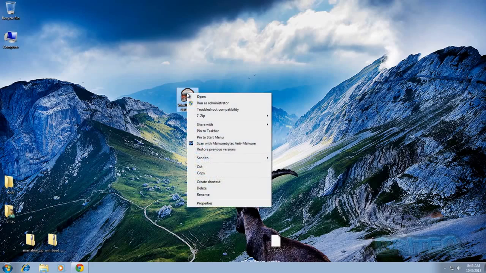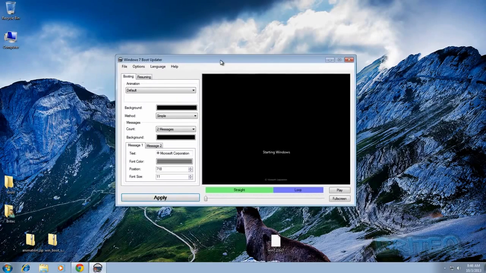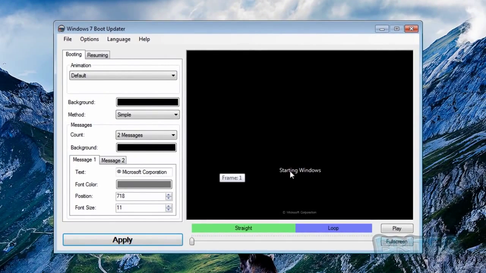So what I'm going to do here is right click on this program and run this as administrator. Once we've got this fired up, as you can see, you've got the starting Windows, and when you click on play you should see what it looks like. Now we're going to be changing all this, and you can change all the text and everything else if you wish. Okay,